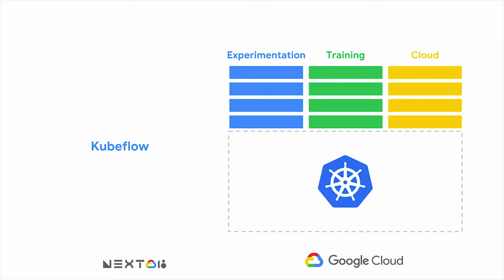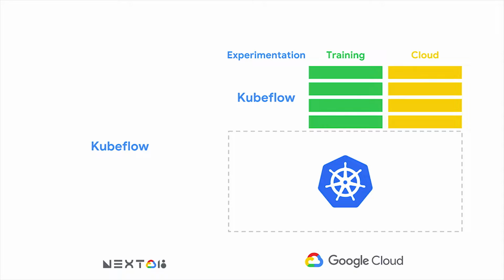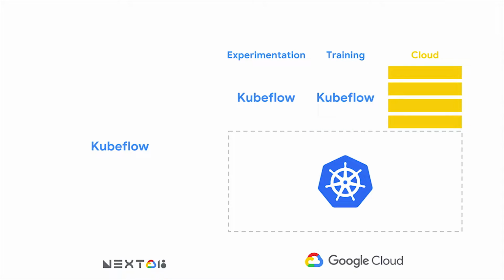This workflow is taken care of with KubeFlow, and then you can do experimentation on your laptop via Minikube. You can do training in your on-premises cloud or some other small cluster installation that you may have, and then you can push to the cloud. And again, KubeFlow makes all of this seamless because it's hiding all of the nuances of getting everything from an infrastructure point of view underneath the covers that is Kubernetes. And KubeFlow maintains the machine learning aspect, the distributed nature, making sure you can use the different resources, whether it be CPUs, GPUs, or TPUs on Google Cloud.